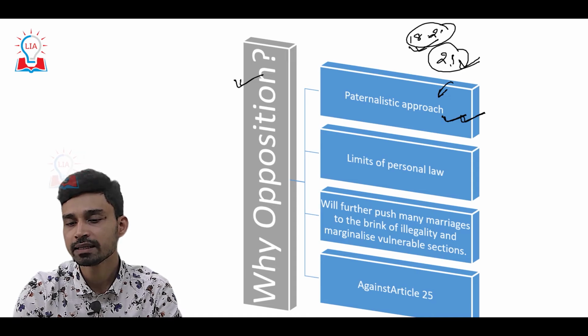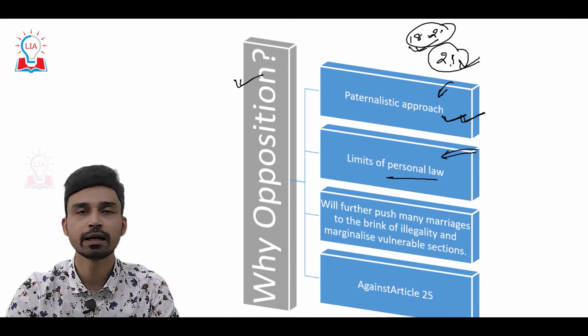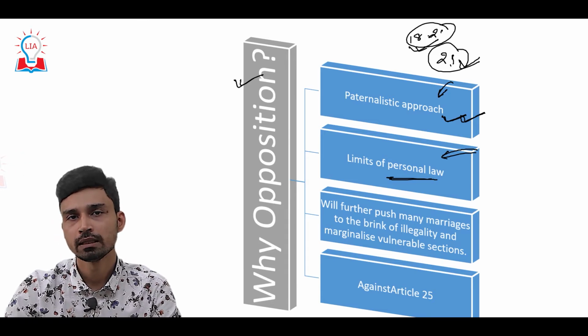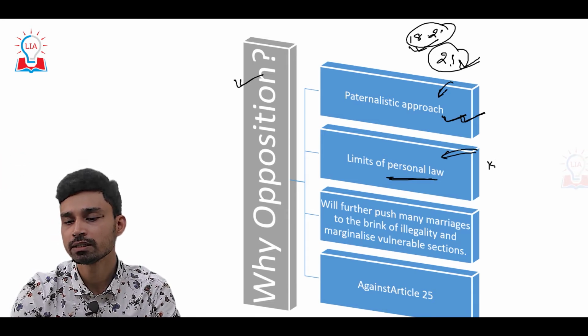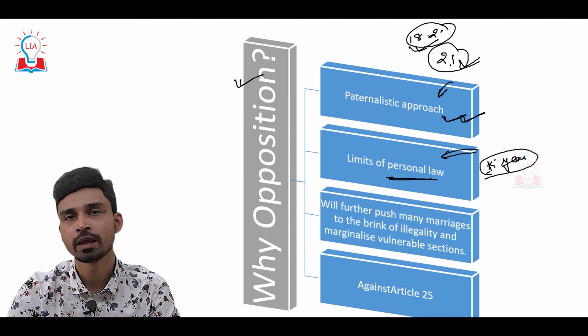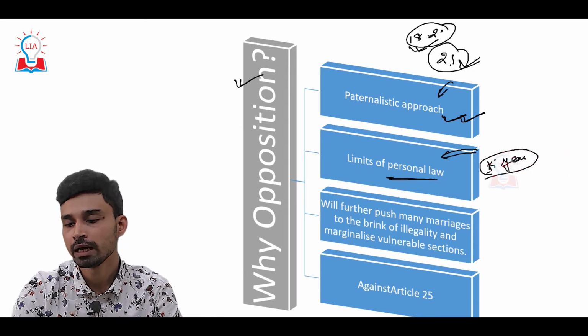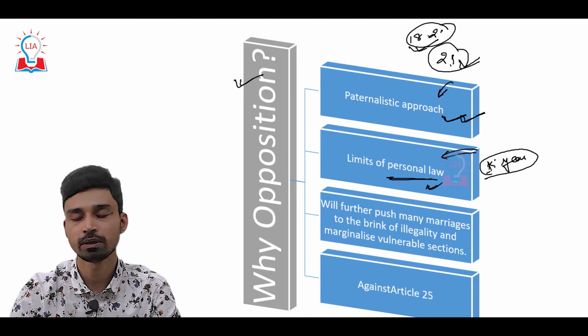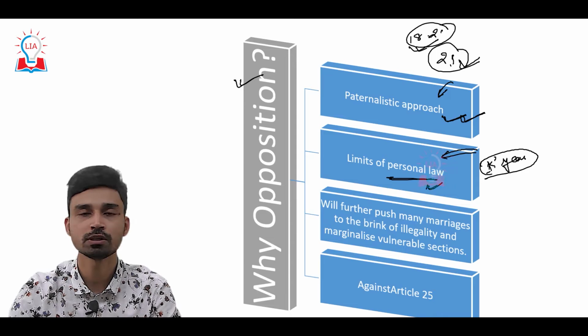Second, the bill is criticized on the ground that it actually limits personal law, as we have discussed that in the Muslim community the marriage age is considered to be 15 years. Any girl who has attained 15 years of age is considered a major, and she can marry someone. But if this bill overrides this particular convention or personal law, then that can